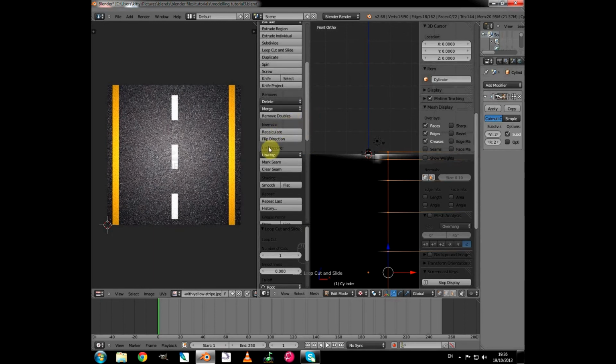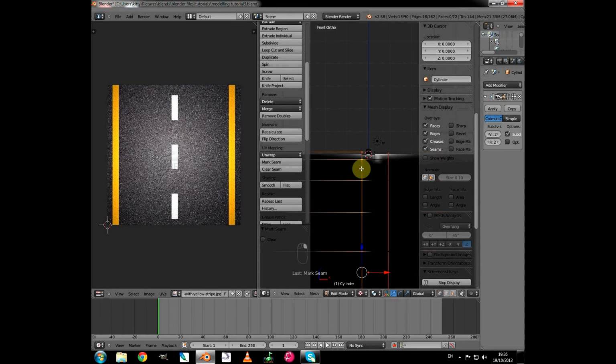In my toolbar there is a section called UV Mapping. The unwrap options that we've been using the shortcuts for, and then there is a Mark Seam and Clear Seam. If we simply press Mark Seam, that edge is now turned red underneath the highlighted edges, and if I do the same to the opposite side of the road, I'll press Alt and right click, and that selects everything on the road. Now if I mark seam again,